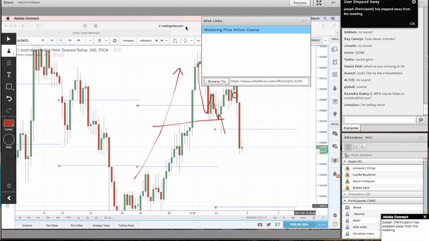How long does the core basics last? Core basics is 4 weeks. Yeah, it's a 4-week course for the core basics. Core basics is a very strong supplementary course to the mastering price action. It goes hand in hand together with the mastering price action. Alone, it won't be as useful as it is with the mastering price action. So it's quite powerful as well.